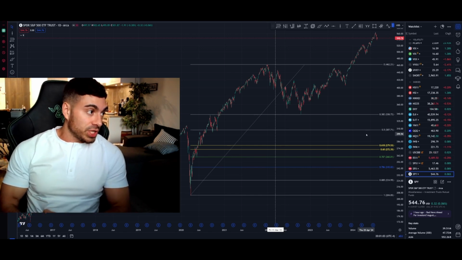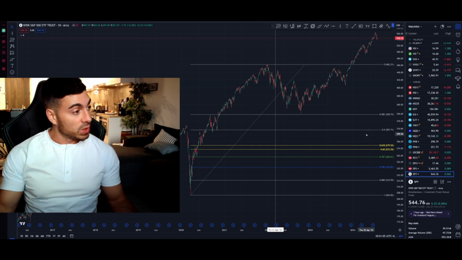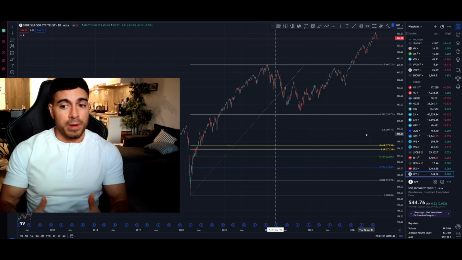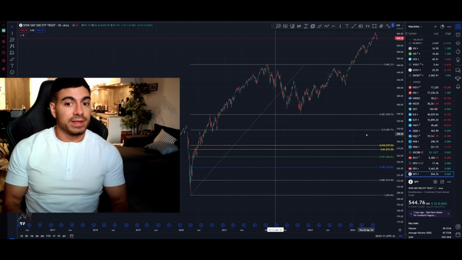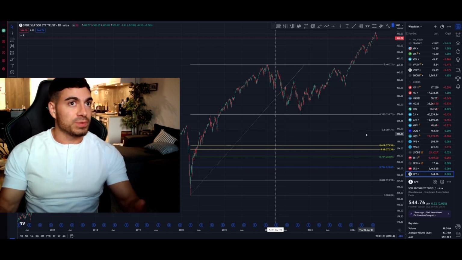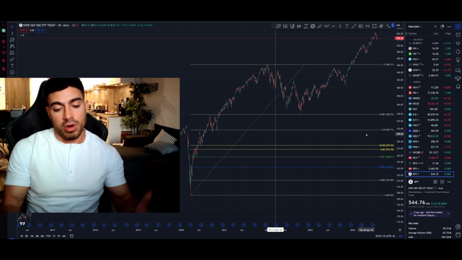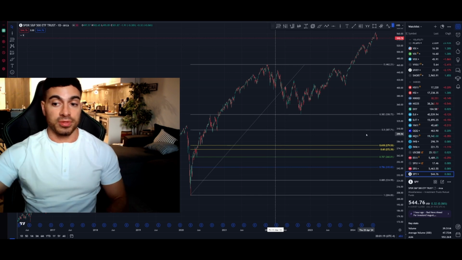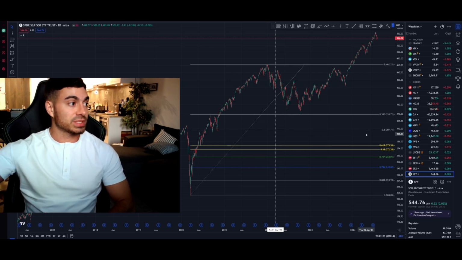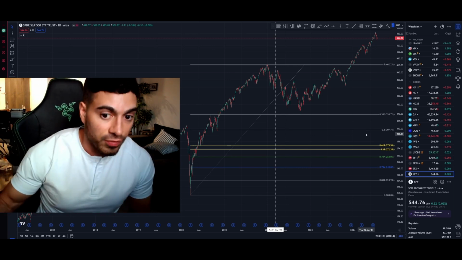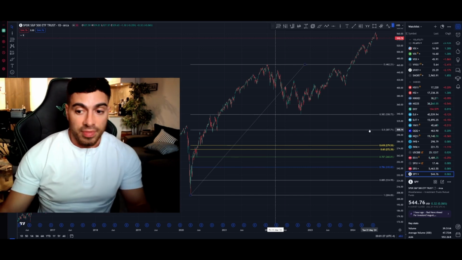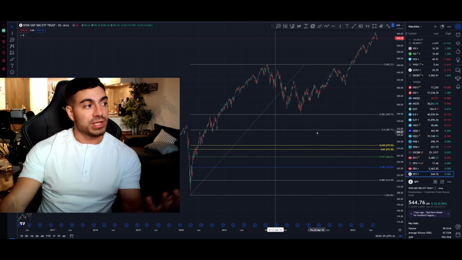I like for retracements to use the 0.382 and the 0.5 fib as well. Those are usually your 30 and 50% retracement levels. If we are in a bullish market, especially in Wyckoff phase D and E, you can expect the 382 and 0.5 to be used consistently over and over and over again because they want to keep the market high. They want to keep premiums high. And they're not going to drop it down to the 618 because they're not going to give you a dip buying opportunity.